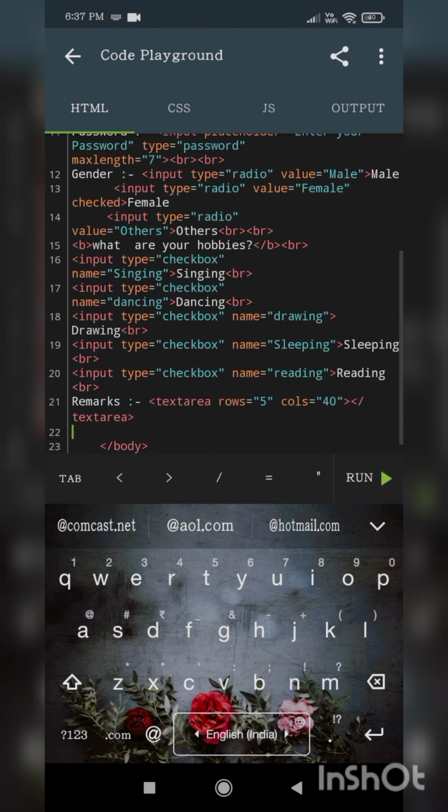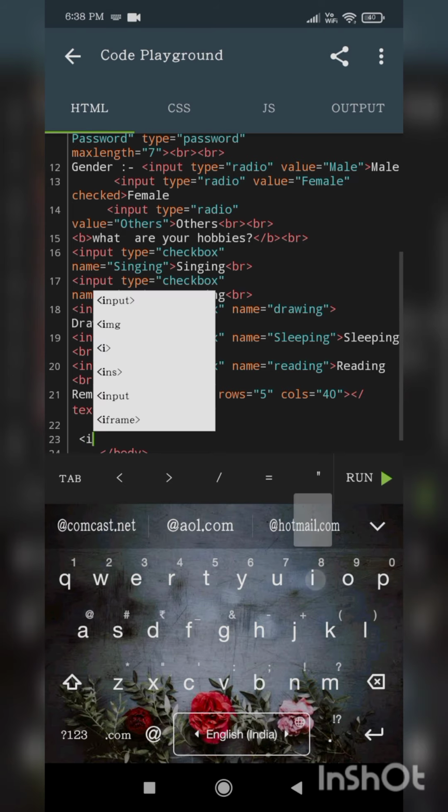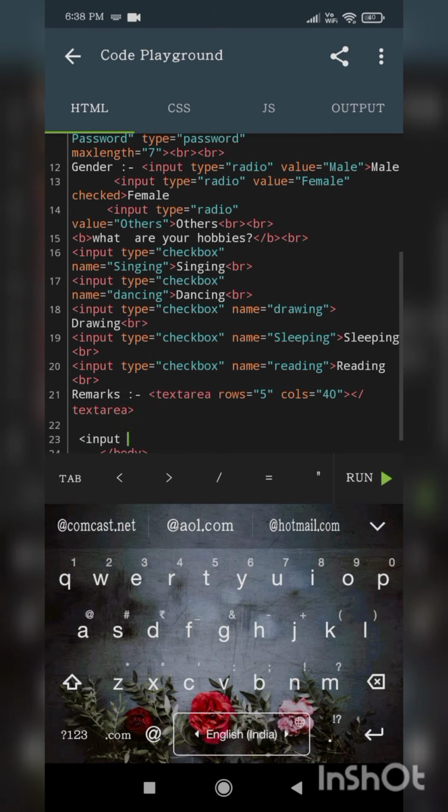And at last you need to submit this form. Then what you need to do is use one tag, the input tag, type as submit, and value also as submit.